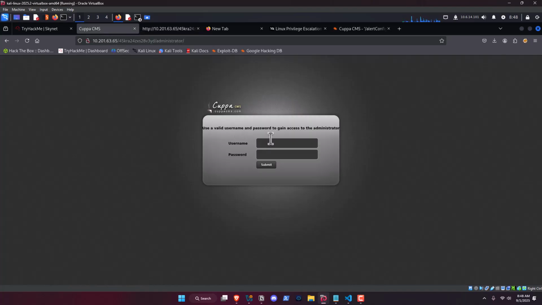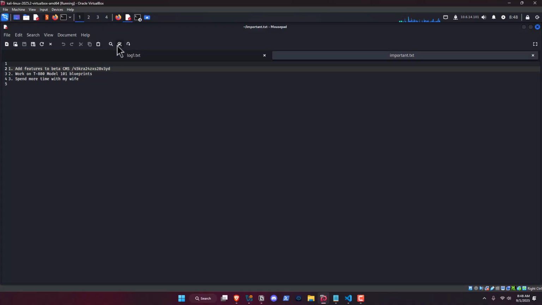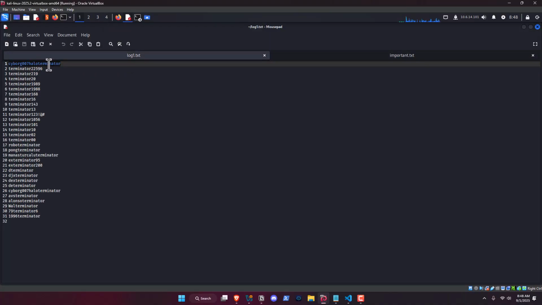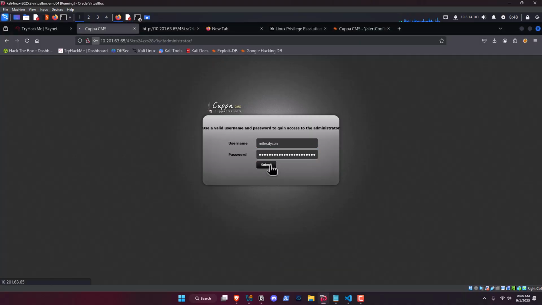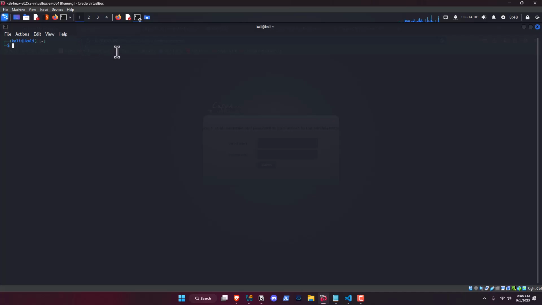All right, let's try logging in with Miles Dyson. Oops. And that password we had. For some reason, I don't think it's going to work, but you never know. Copy. Paste. No. All right. The other thing we can do is, I don't know much about CUPA CMS, so let's search exploit